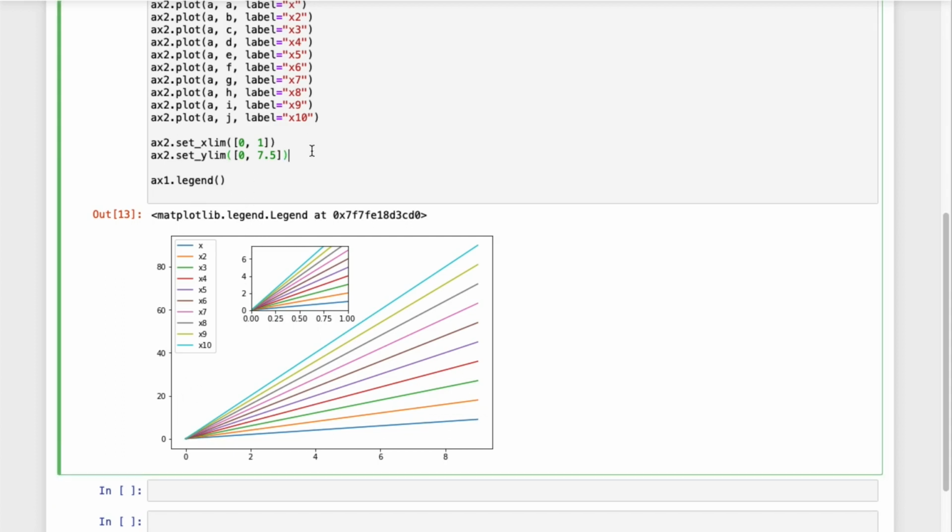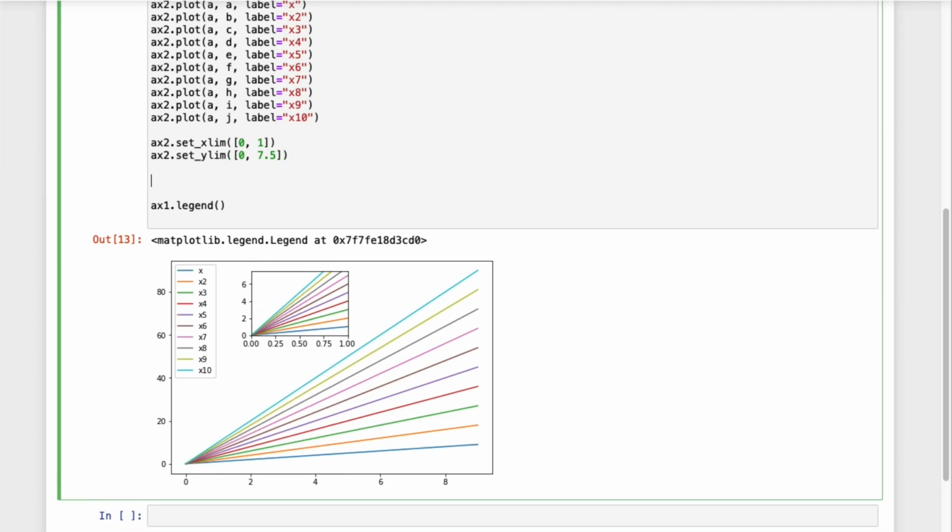So now we want to just finally give our axis, or our figure, or our graph, sorry, a couple of titles. So we want to label our x value so that we know what the values are. And obviously we have the ticks down here that go through 0 to 9. So now if we just did